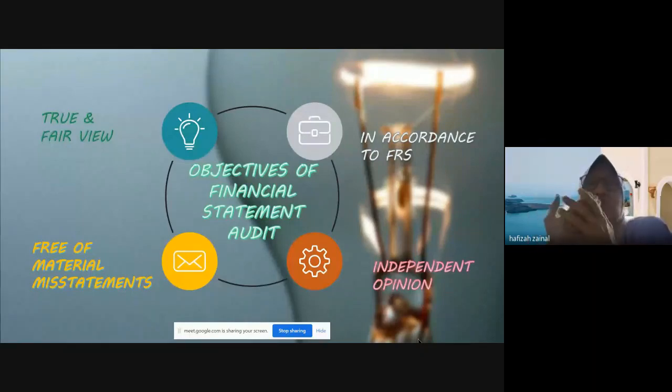Being independent and giving an independent opinion is also important, because our audit opinion is used by many users. Of course, the ultimate users are the shareholders. We report to the members, to the shareholders, to the management. But ultimately,